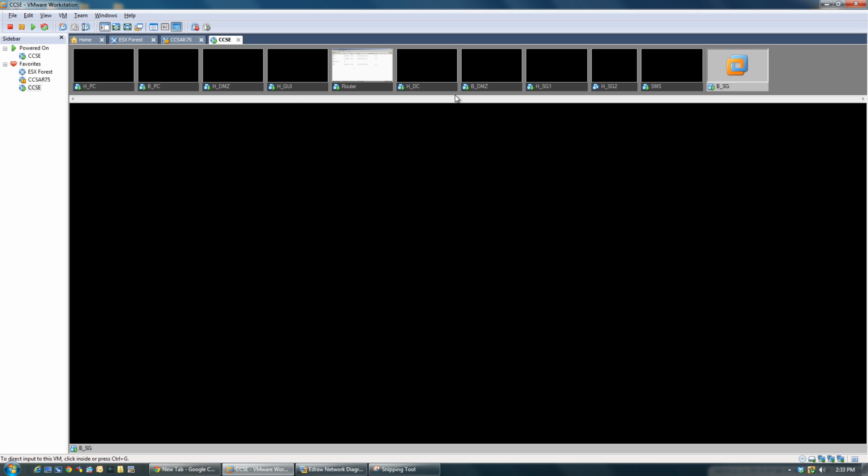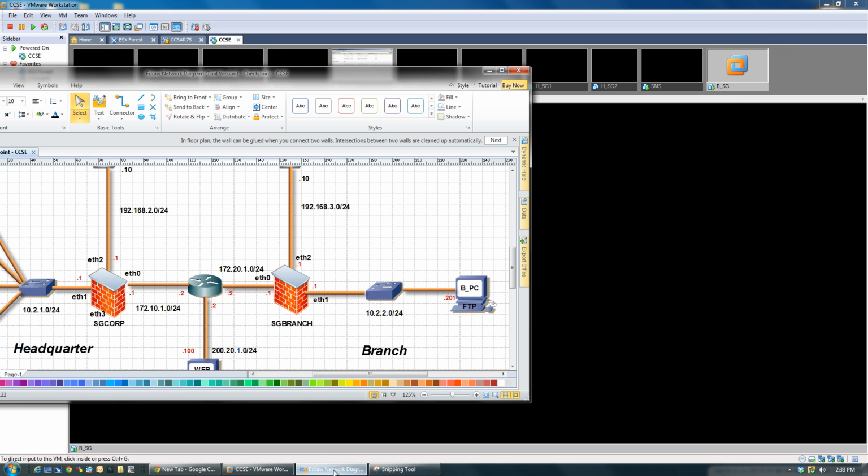You set up all the IP addresses of the branch security gateway, and then you try to add it, and you figure out, okay, it's not getting added. What's the reason? You have to define the default gateway or the default route, which is pointing towards this particular interface